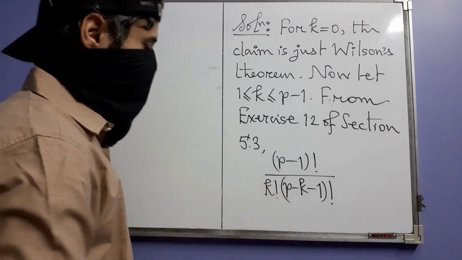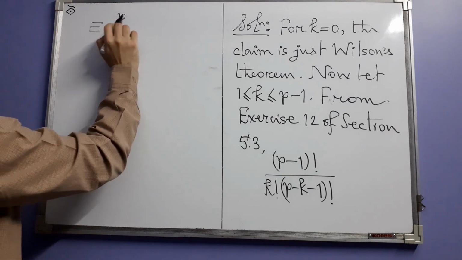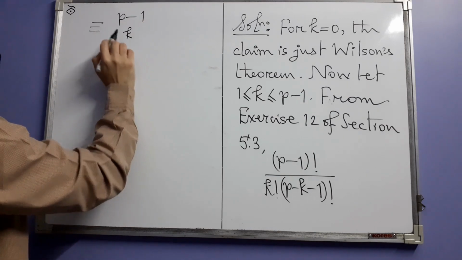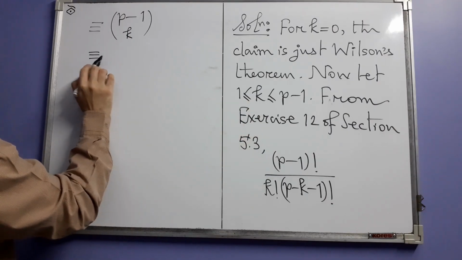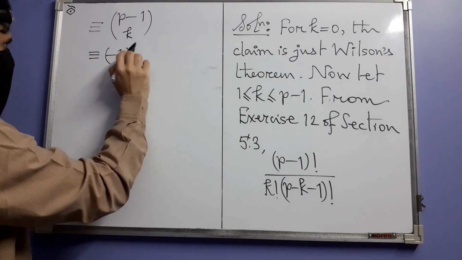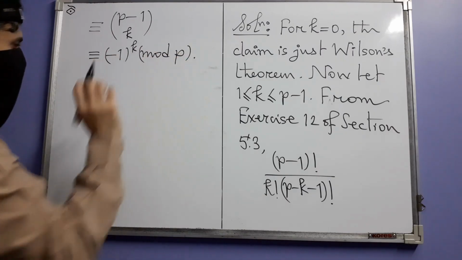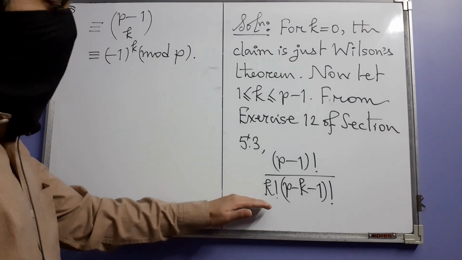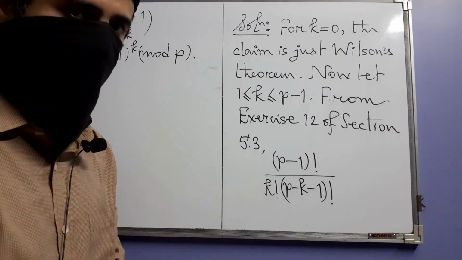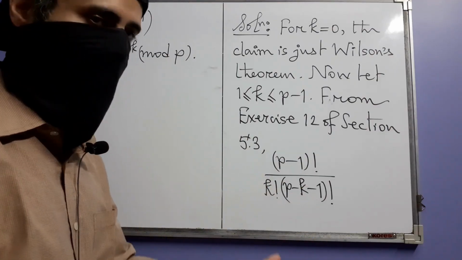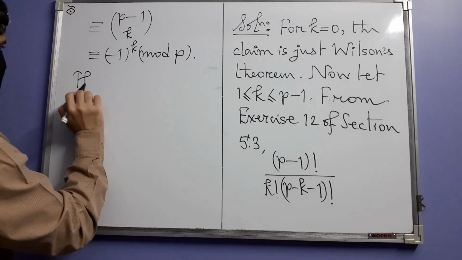So, this quantity is of course just this binomial coefficient, which by this exercise is congruent to minus 1 to the power k modulo p. So, if you now multiply on both sides by this denominator, which you can do because it is a congruence, you can multiply on both sides by any integer, you will then get